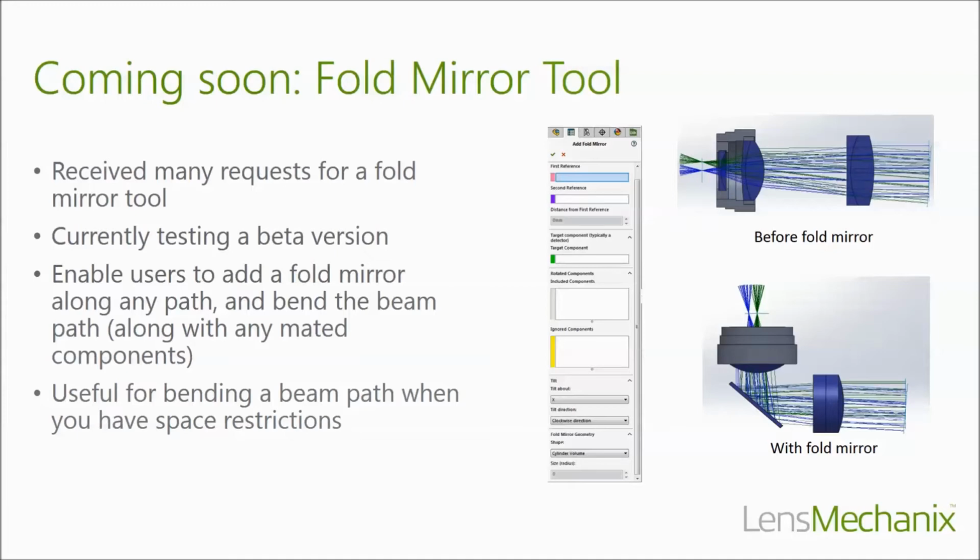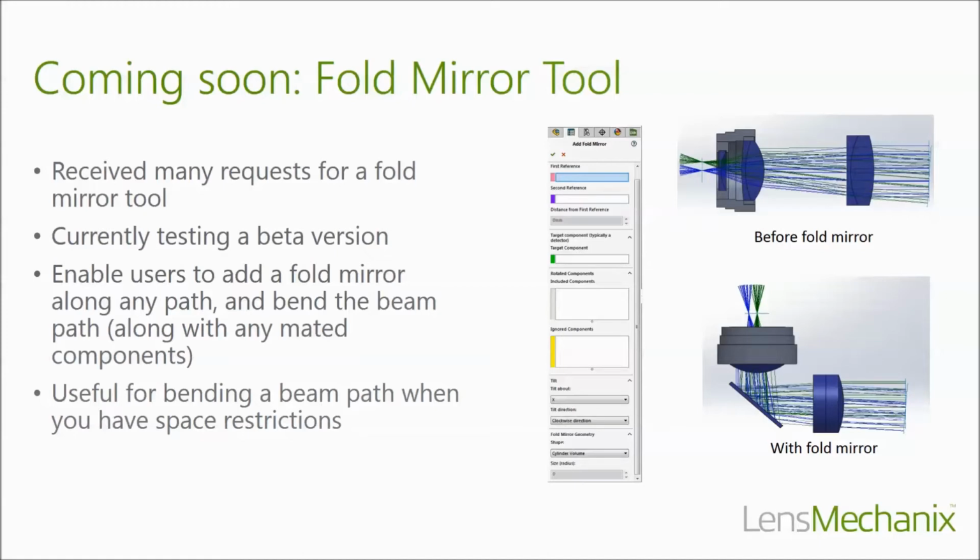By looking at the images on the right here, you can select the two reference components. That lets you define where you're going to place your fold mirror. And then you select your target component, which is the last component. Now that should be a detector, unless you're adding another fold mirror after this